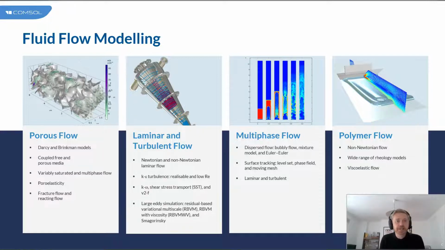So this is looking at a fluid flow problem where we're dealing with more than one fluid. So we're looking at a scenario where we have two fluids that don't mix. So we're looking at immiscible fluids, and we will track a sort of fluid-fluid interface. And you can also model